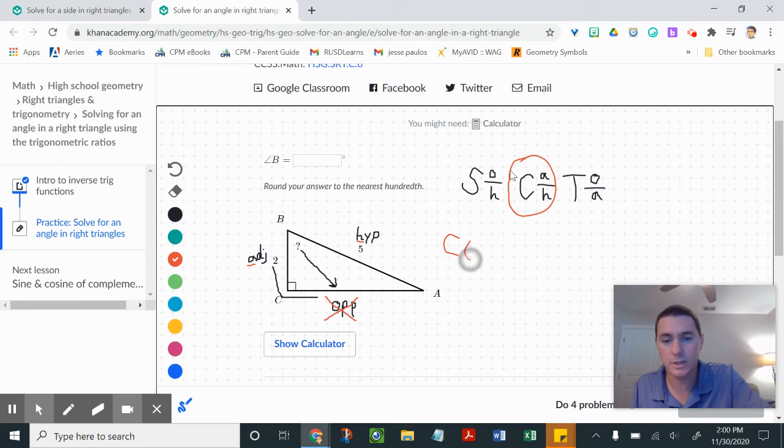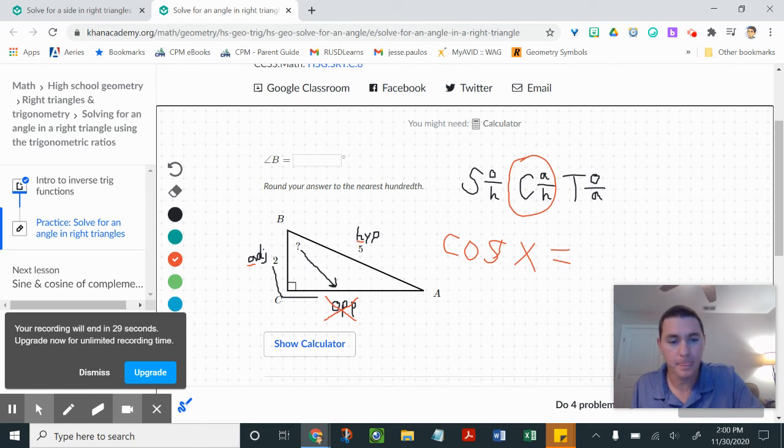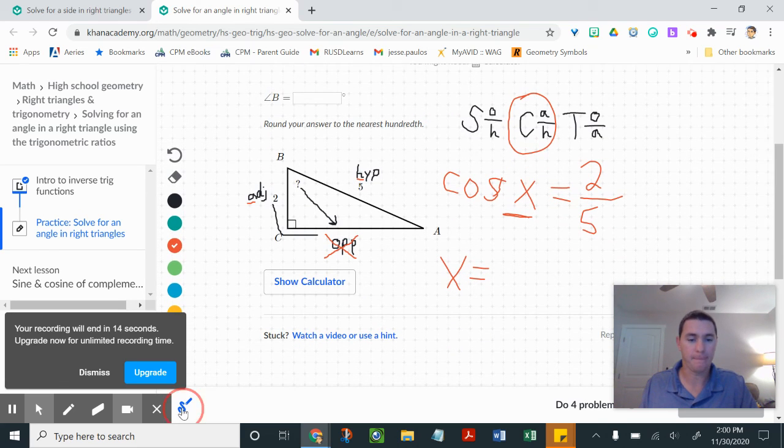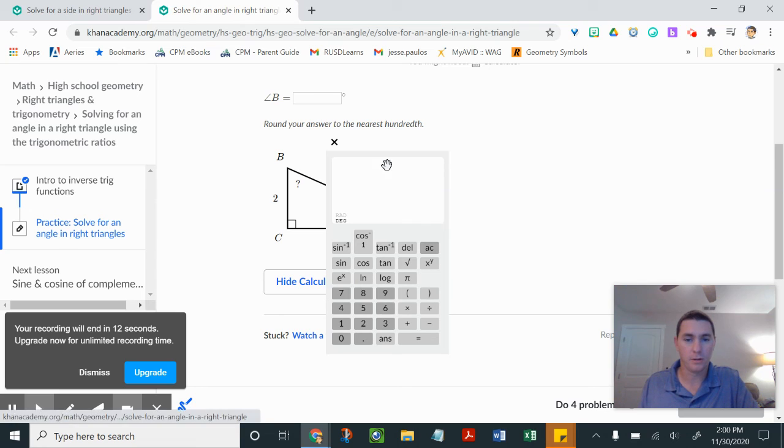So we write cosine of our angle, which we don't know, equals the adjacent 2 over the hypotenuse 5. All right. Now here we don't know the angle, so we're going to use inverse operations. So this is mostly just calculator work. Check it out. On your calculator, you're going to type in inverse cosine, and you're going to put the fraction 2 over 5. And it tells you your angle, 60